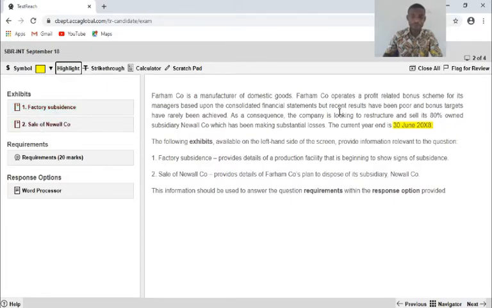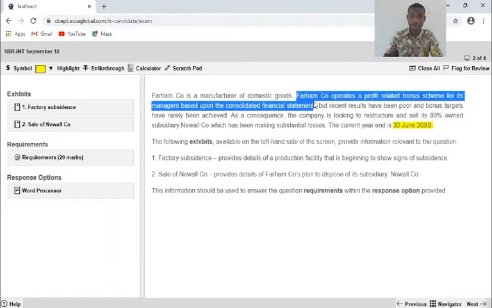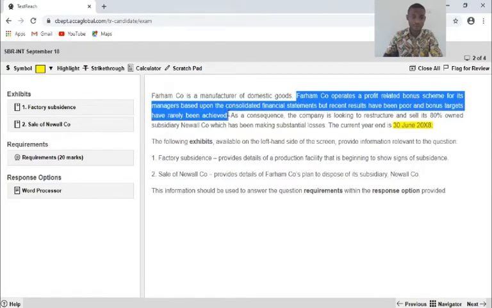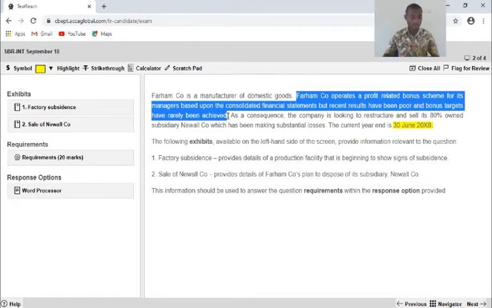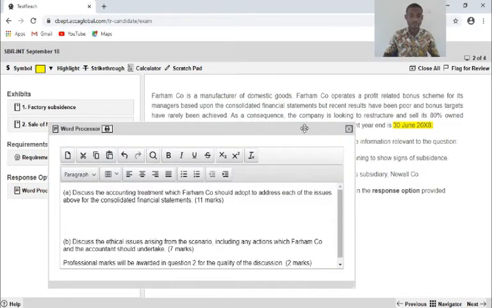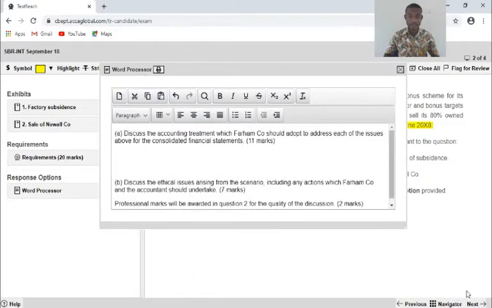Now, in terms of the ethics, once I see this, it says that Fahamco operates a profit-related bonus. So I can copy that and put it in my processor and tag it as an ethical issue.